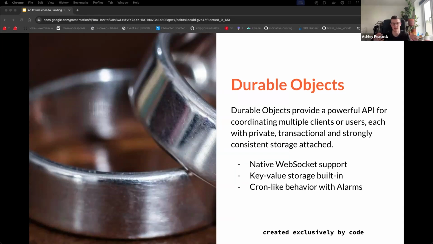So if you're building real-time applications like a game, for example, or Miro, maybe Trello, even Google Sheets, where it has who's on the sheet and what they're clicking on and stuff. A lot of those things use WebSockets, and durable objects allow you to do that. As I said, it has key value storage built in, and you can even execute these durable objects on alarms, so on a schedule. So you can say every 6 hours, every hour, whatever, wake up and do something, and then go back to sleep.